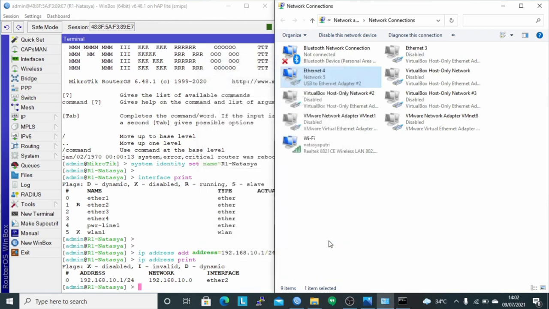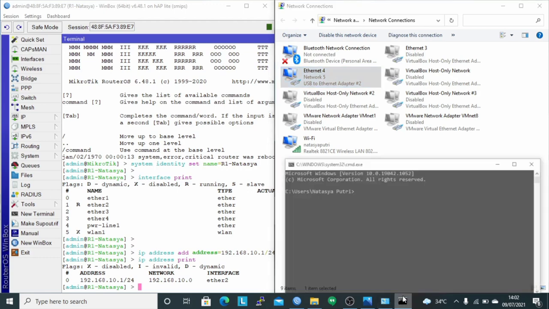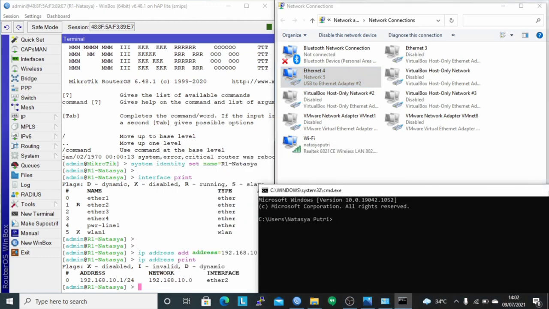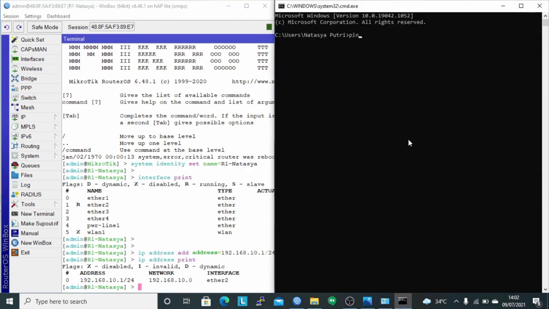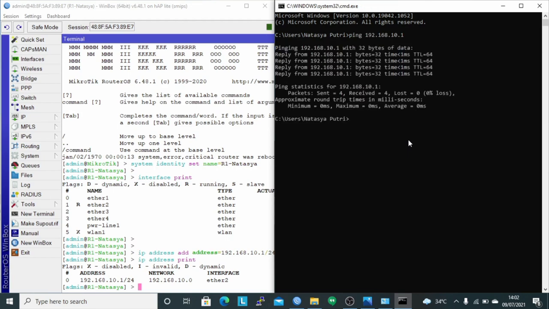And then make sure the client is connected to the router by pinging the router IP with the command ping 192.168.10.1. It can be seen that the result is reply, which means the client is connected to the router.